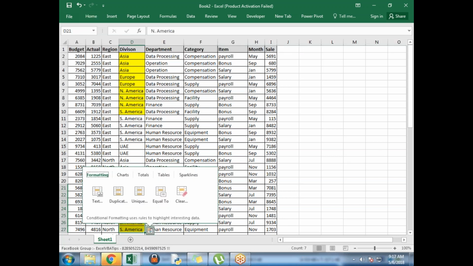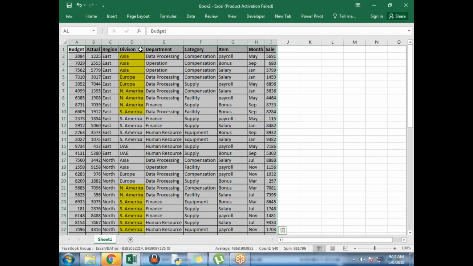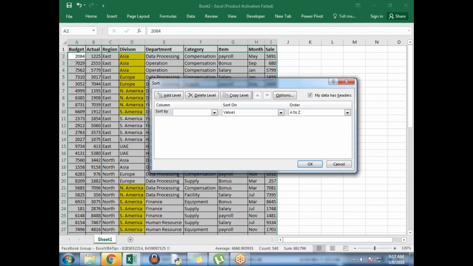Now I can do the sorting on the basis of color as well. I want that whenever there is a yellow color, it should come first. So control shift and or DS